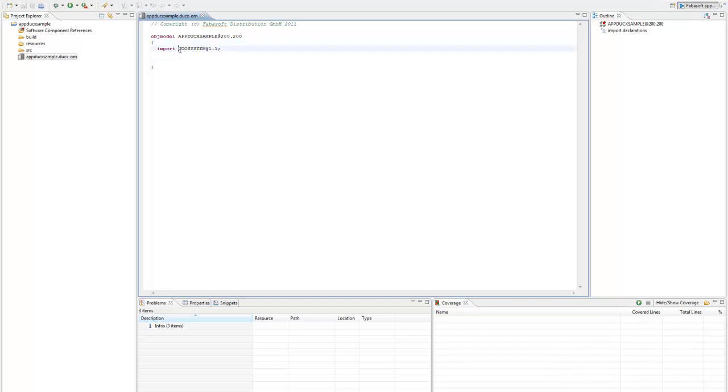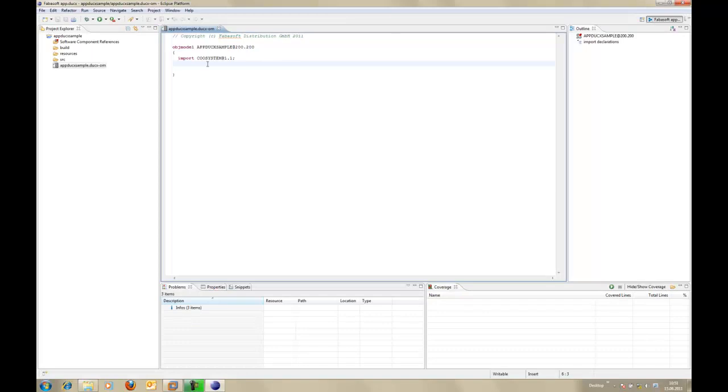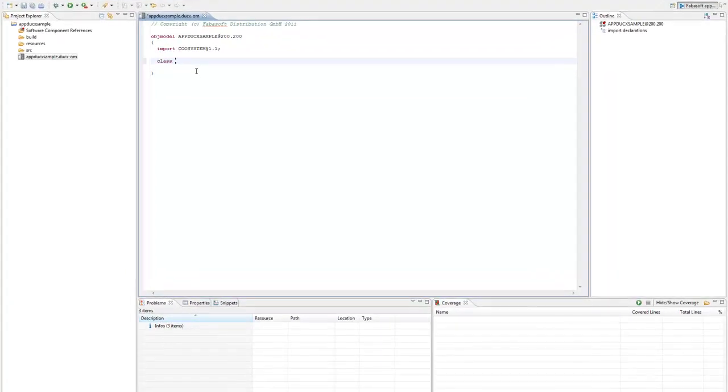The import statements that you see here are used to reuse functionality of other software components. For now, we'll just leave it by importing CEO system to reuse functionality of the Fabasoft Folio base system. Now within the object model file, we can create the static structure of our software component, like object classes, inheritance, attributes, and so on. I'll create a new object class called Hello World